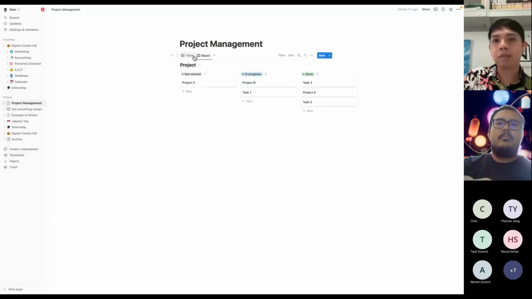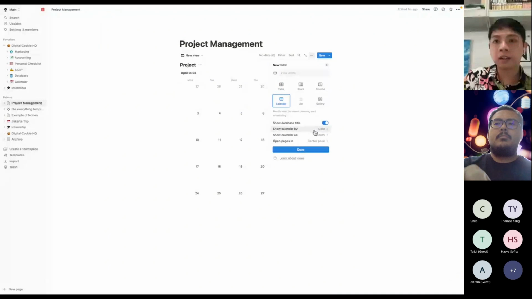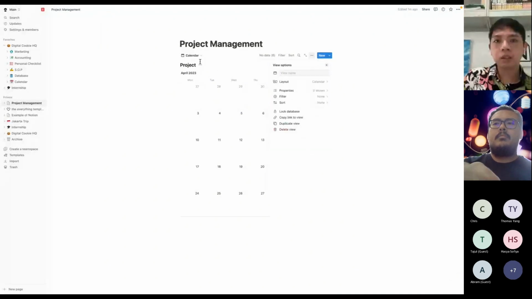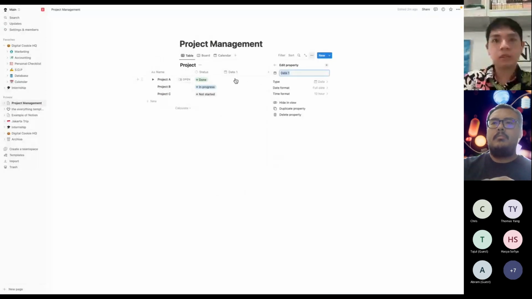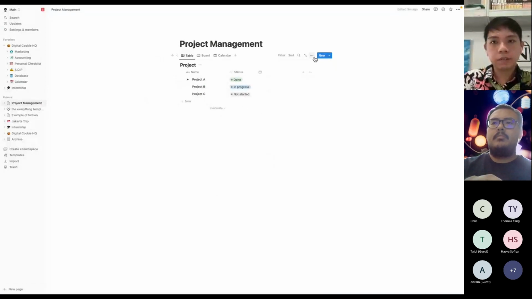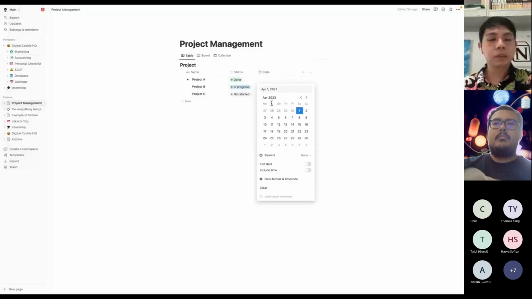And then it can also be done as a calendar. Let me show you a calendar. If I create a calendar view, what would happen is, let me just create a date. I think it should have a date as well. It already has a date. So let's say you have a date column here.